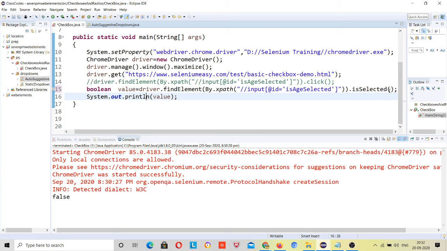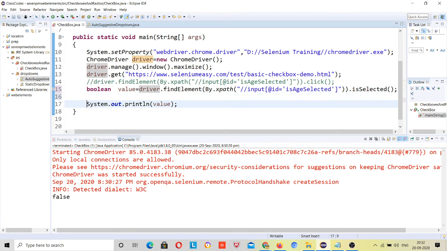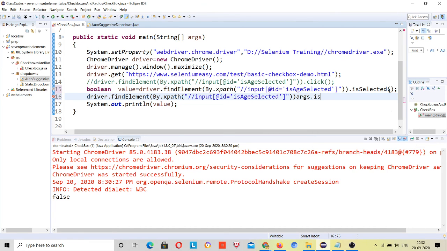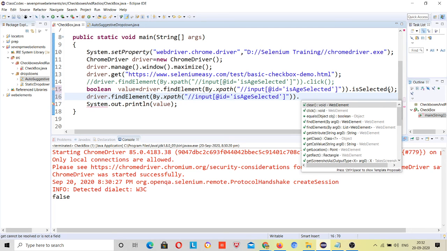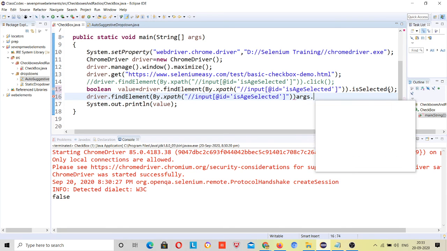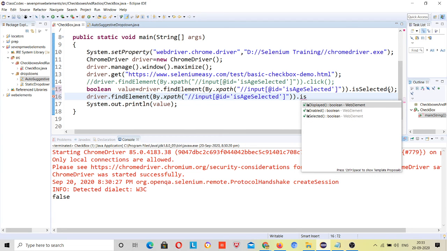Now let's use this same driver. Okay, this one is isDisplayed.